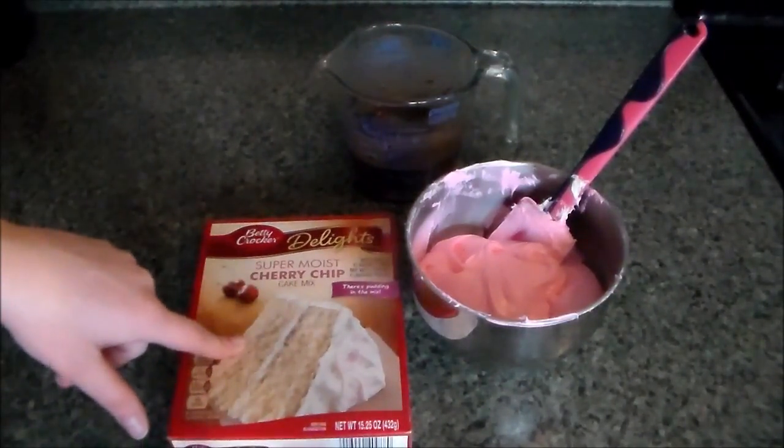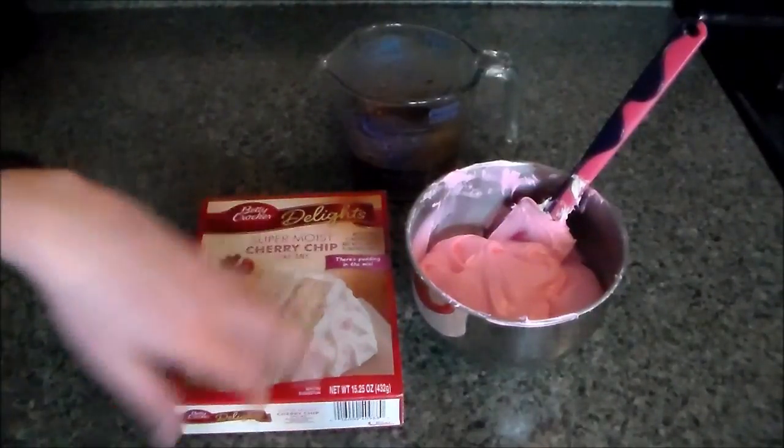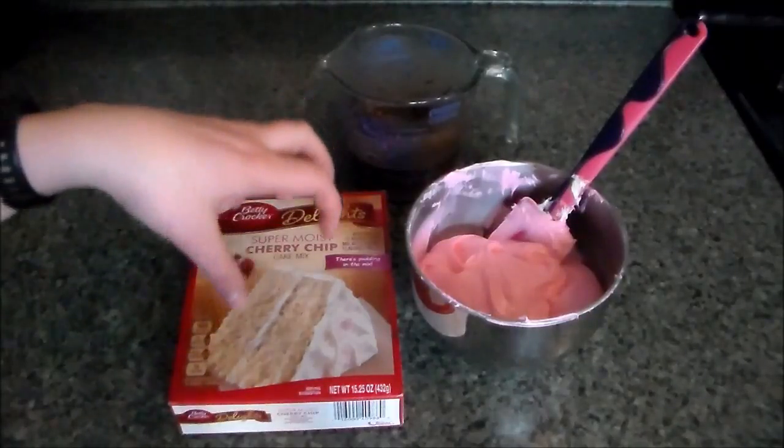You'll need to prepare your cherry chip cake according to the box mix directions, or if you want to make real cherry chip cake, find a recipe online and make that cake. Then cool it,